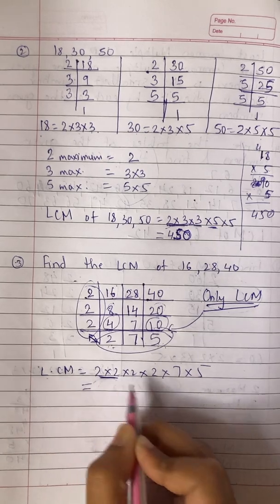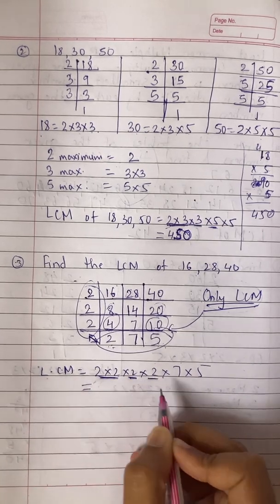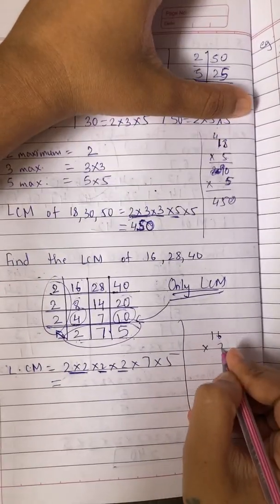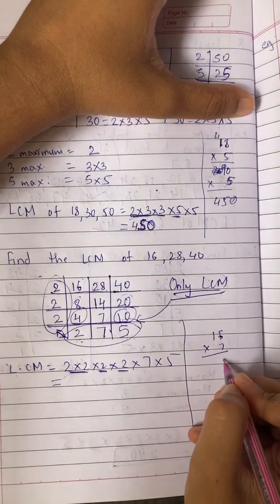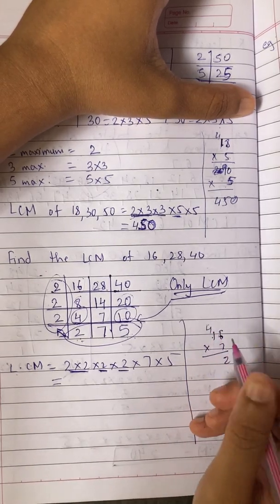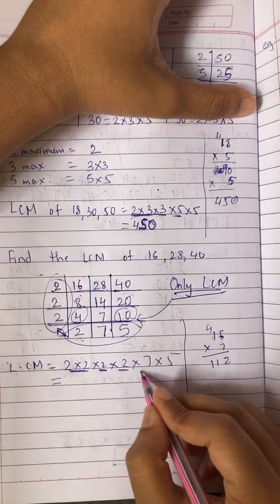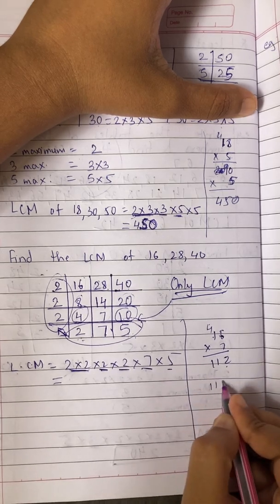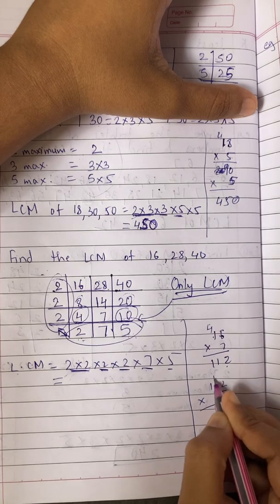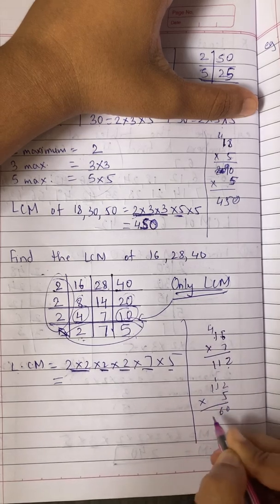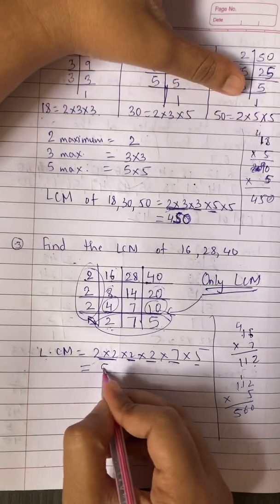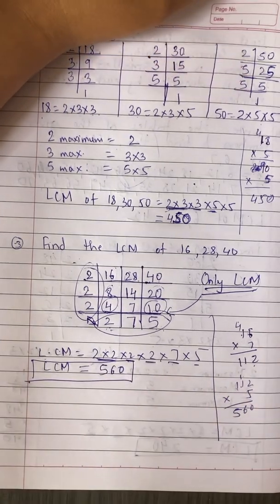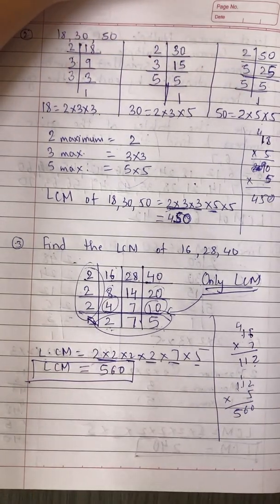2 2s are 4. 4 2s are 8. 8 2s are 16. 16 7s, you do now. In rough space, you can always do 16 into 7. Now 7 6s are 42. 4 carry, 7 1s are 7 plus 4 is 11. 112. So you did 16 into 7. Now 112 into 5 is left. So 112 into 5 you do. 5 2s are 10. 1 carry. 5 1s are 5, plus 1 is 6. And 5 1s are 5. So the answer will be LCM is equal to 560. Okay. So this will be the answer. So this method also you can use.